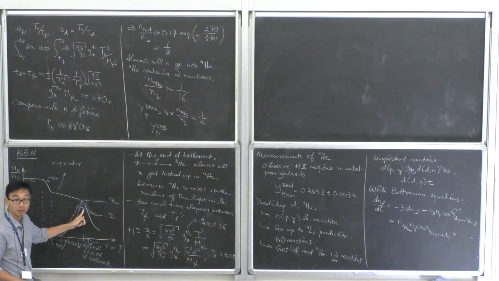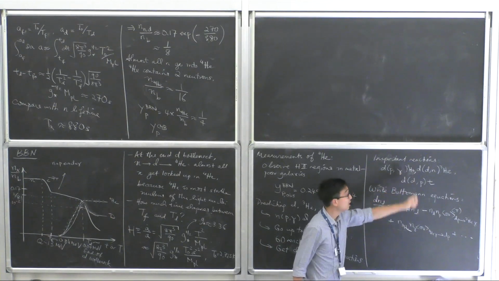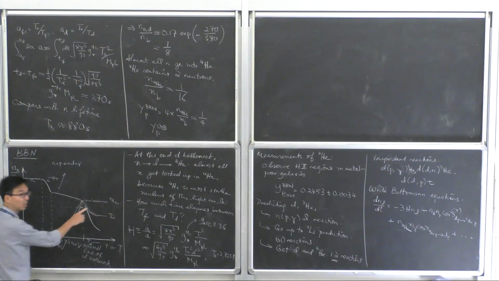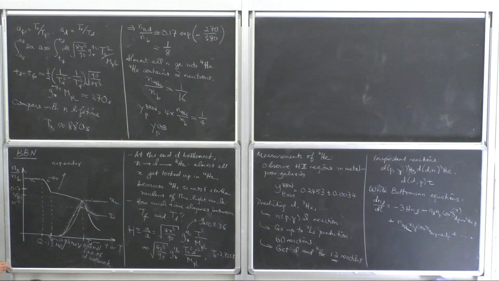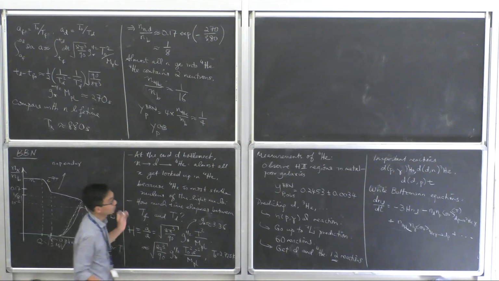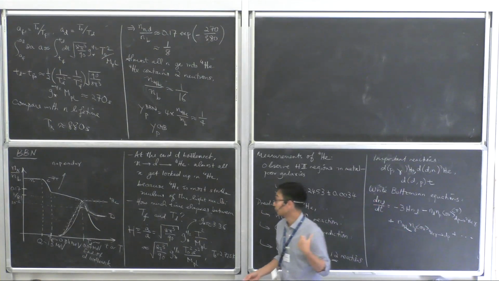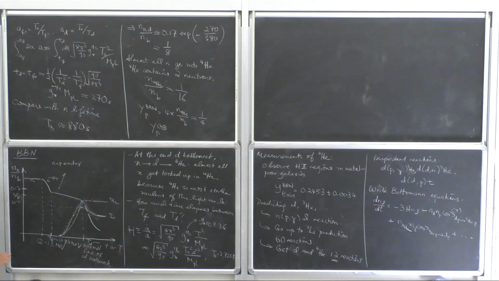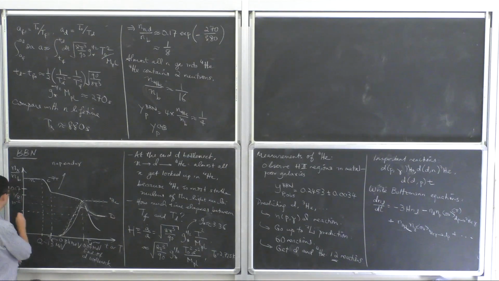And then after this point, you can form deuterium very easily, but then all of the deuterium goes through all of these reactions that I've drawn here, and it goes to helium-3, and then ultimately it all goes into helium-4. Okay? And then what deuterium does is that it just falls off and freezes out, just as in the usual freeze out scenario. All right? So again, in order to do this prediction, you need to get sigma v as a function of temperature for 12 reactions, compute this differential equation, and ultimately you will find, after a lot of work, that this number here